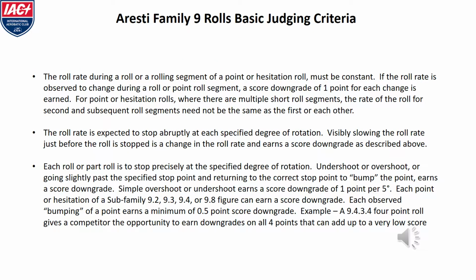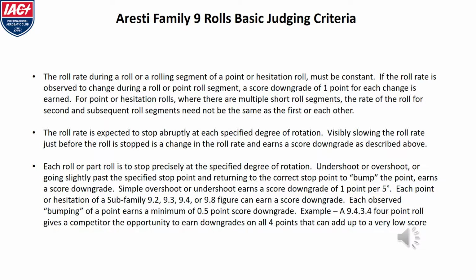Judging criteria. The roll rate during a roll or rolling segment of a point or hesitation roll must be constant. Each observed change of rate during a roll or point roll segment earns a score downgrade. But for hesitation or point rolls, where there are multiple short roll segments, the rate of roll for the second and subsequent roll segment need not be the same as the first or each other. The roll rate is expected to stop abruptly at each specified degree of rotation. Visibly slowing the roll rate just before the roll is stopped is a change in the roll rate and earns